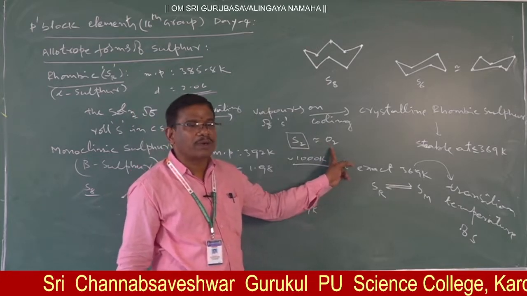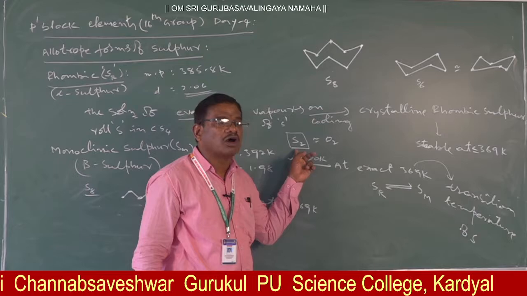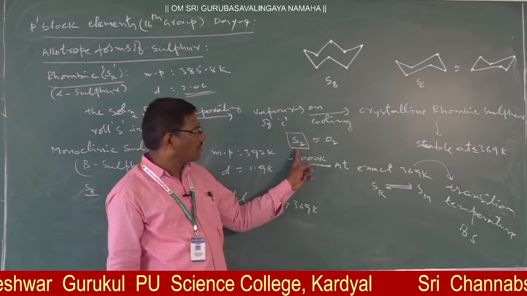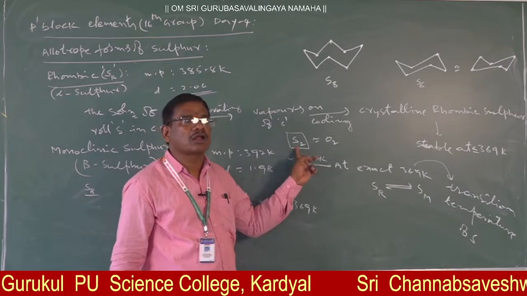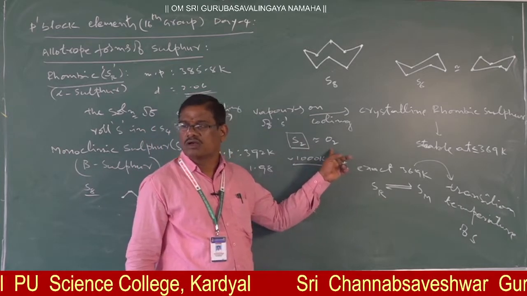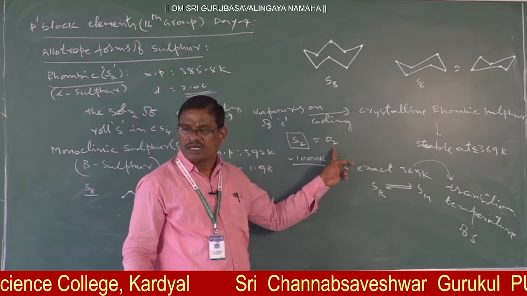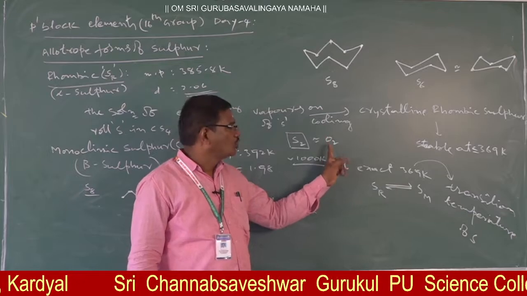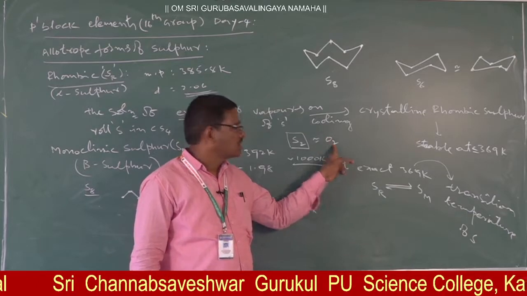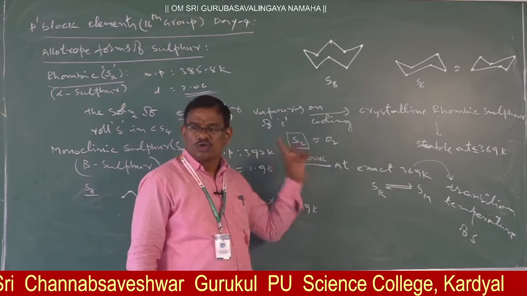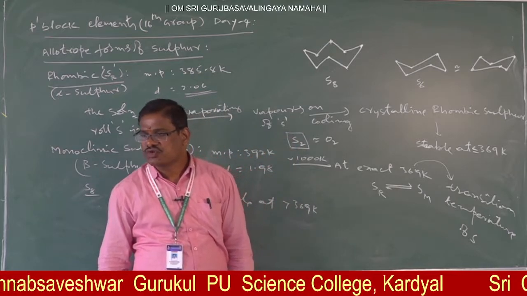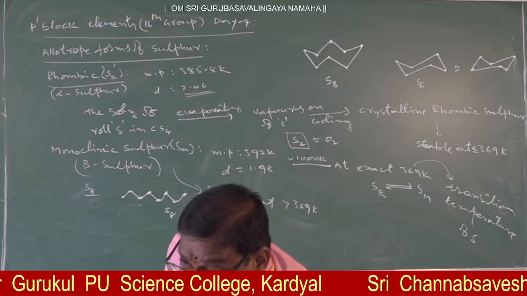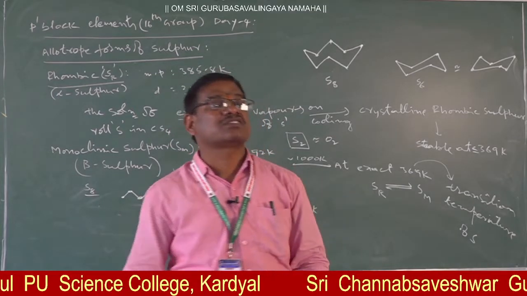Just as O2 is paramagnetic in nature, S2 is also paramagnetic in nature. According to MOT, molecular orbital theory, oxygen is paramagnetic in nature. In the antibonding molecular orbitals, 2 unpaired electrons are there in case of O2. Similarly, in case of S2 also, 2 unpaired electrons are there. Thus, the S2 form is paramagnetic in nature. One time in the entrance exam this was asked, right? So, the magnetic nature of S2.